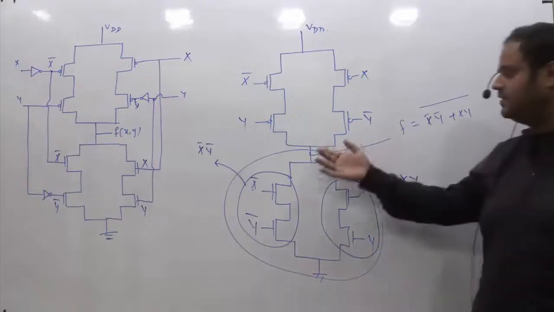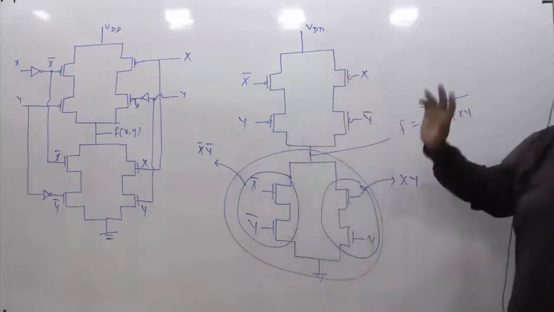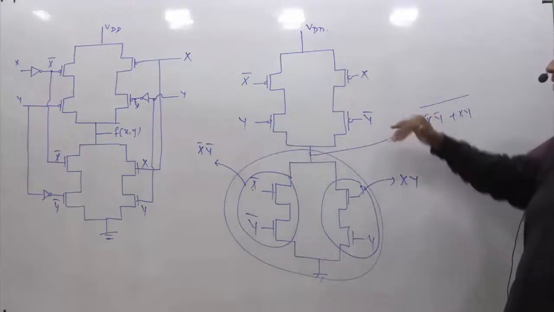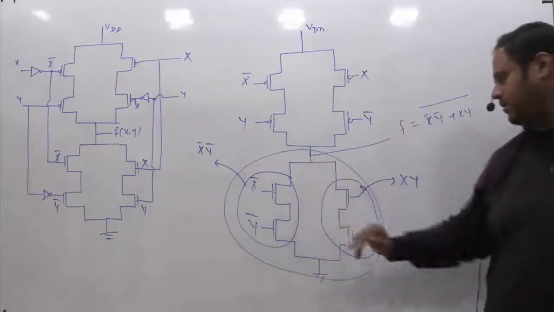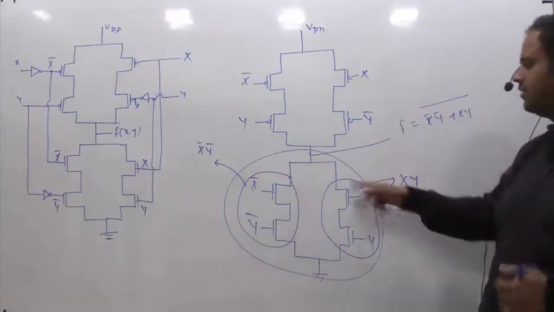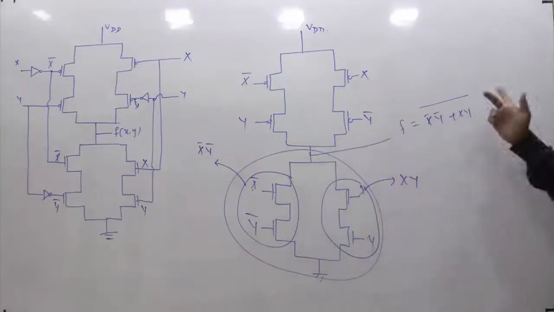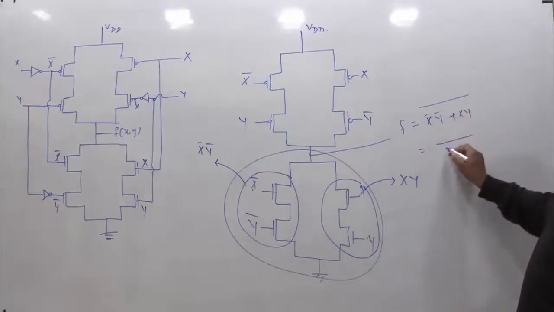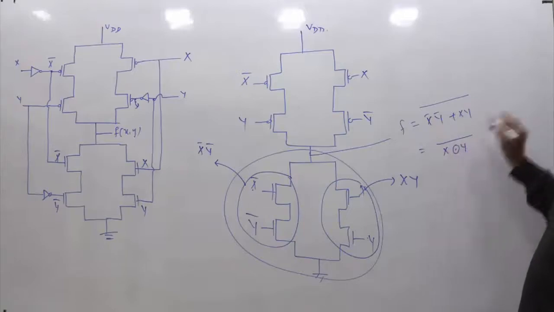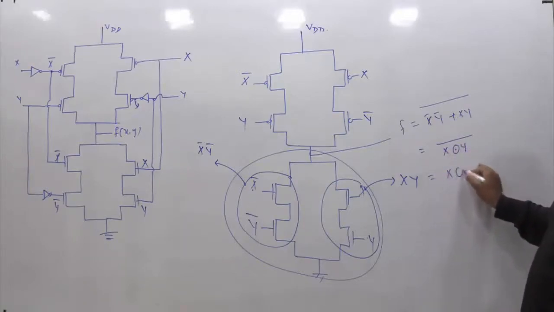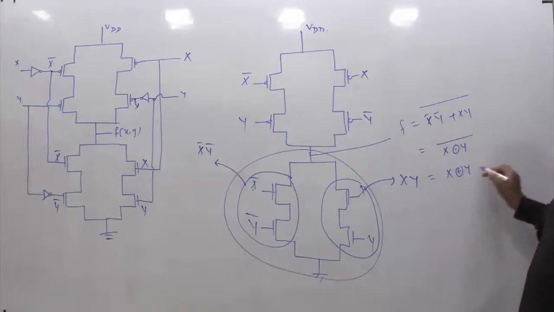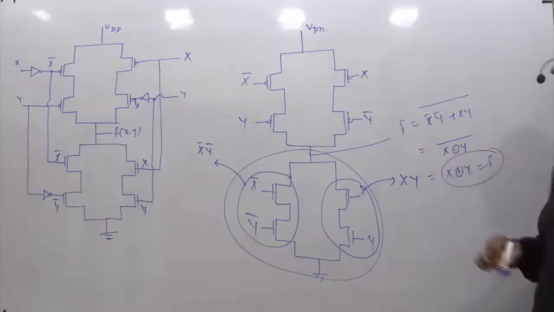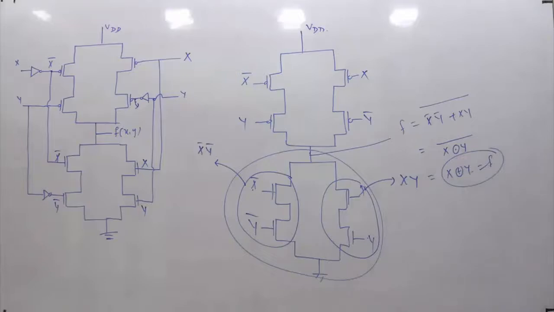In case there had been something else also on the top side, I would have again gone through this AND and OR, and finally put the complement. So I got X bar Y bar, I got XY, then I do the OR combination of this, and finally while giving the expression I shouldn't forget to put the complement. So this is X bar Y bar plus XY, which is nothing but X NOR Y, right? And the complement of X NOR Y is X XOR Y. So your F is nothing but X XOR Y. So basically it is representing a 2 input XOR gate. Alright, so the answer is 2 input XOR gate.